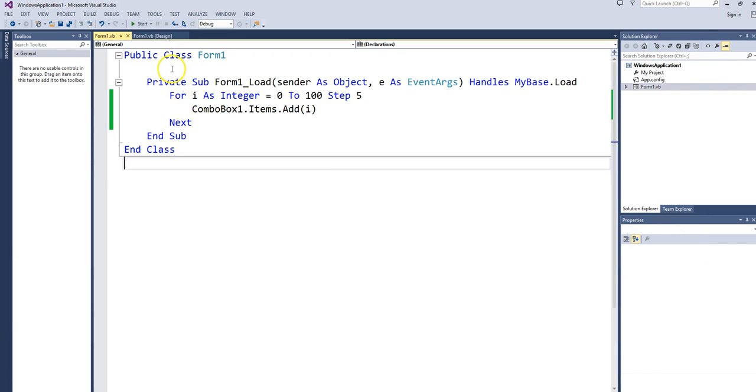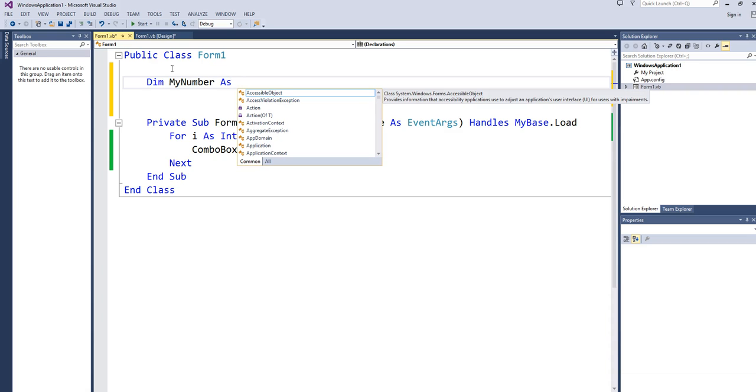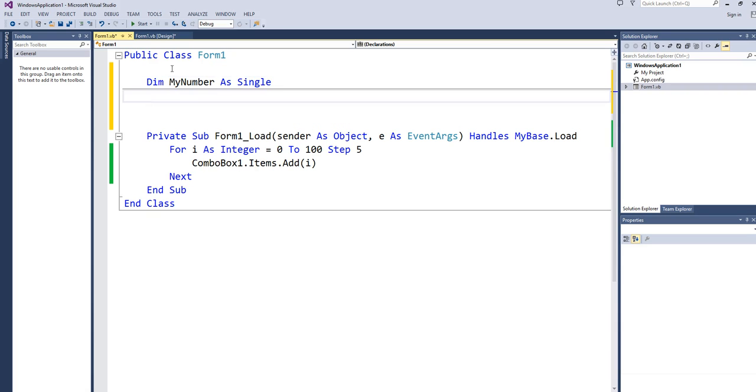and I'm going to set a couple of variables right at the top of my program. The first one, Dim MyNumber. Sorry, that should be all one word. So capital MyNumber as, oh, I'm going to do it as a single. So single stores decimal points. And Dim MyPercentage as integer,